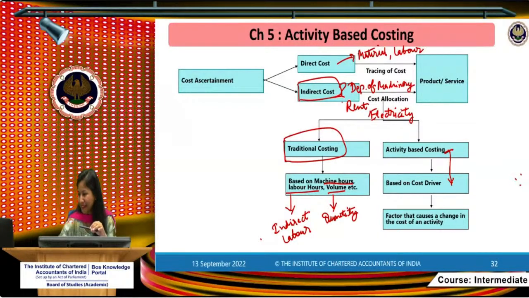Yeah, Dhanlakshmi, you are correct. In traditional costing, like what you are solving in the overhead chapter, that is not actually followed by companies. What companies actually follow is ABC. The big companies like the cola companies, how they allocate their cost to their different types of products, they follow ABC. But for small companies, if you follow the overhead concept, that is also okay. For a big company where transactions and volume are huge, they need to follow the ABC concept.